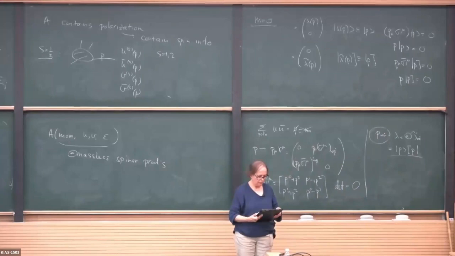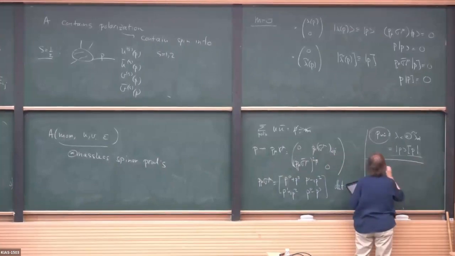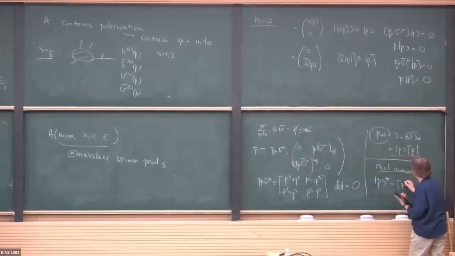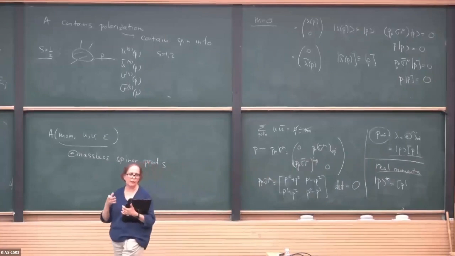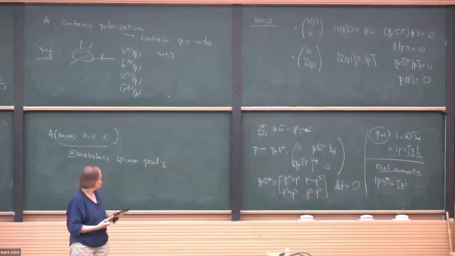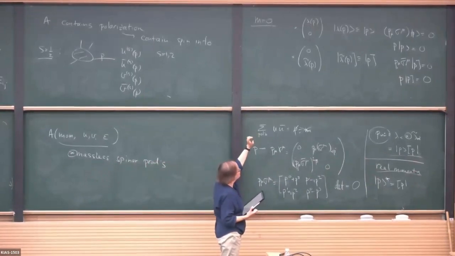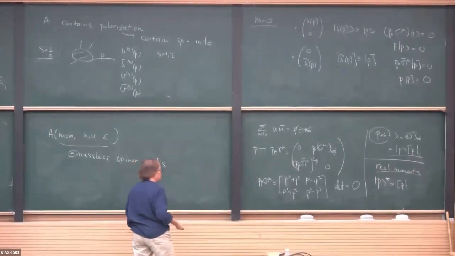Now, one thing that I forgot to tell you before, and this is important, is that for real momenta, P star is equal to this guy. So the complex conjugate just exchanges the square and the angle. At this point, we know how to write fermion polarizations, we know how to write momenta, and now the other thing we need to do is write the vector polarization.